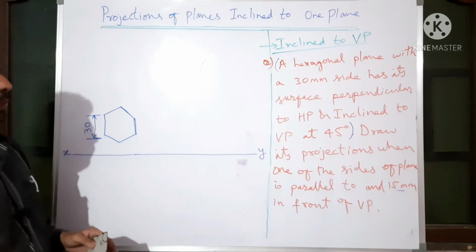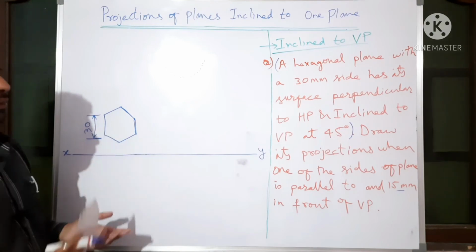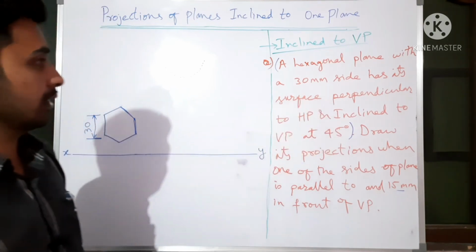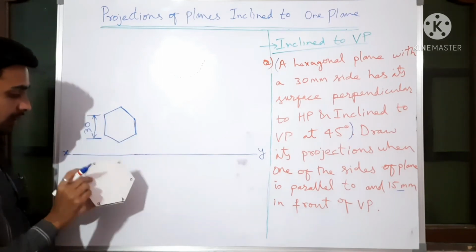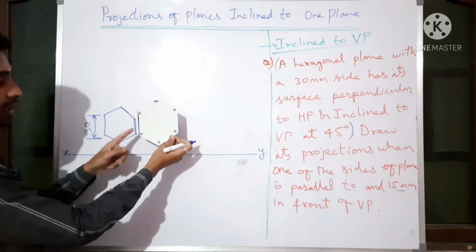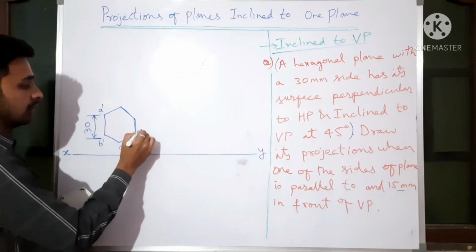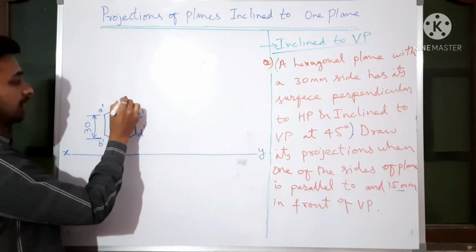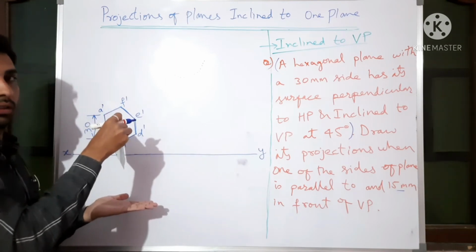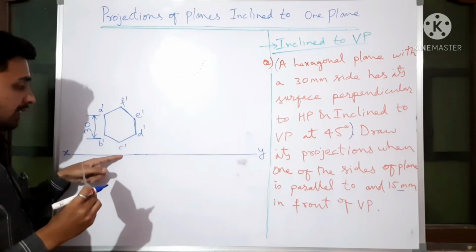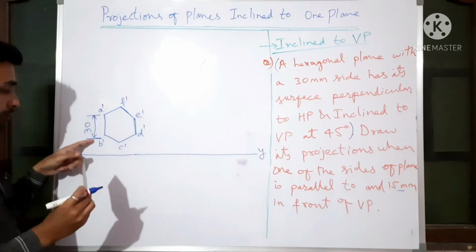And with respect to HP, whether it is touching the ground or it is above HP, they have not mentioned. See, nowhere they have mentioned. So now we will draw the top view. Assuming this hexagon is like this, A, B, C, D, E, we will put the names A dash, B dash, C dash, D dash, E dash and F dash. As they didn't mention whether with respect to HP it is touching or above, it is our wish. You can touch it or you can leave it at a certain distance. If they mention that it is above HP, then we would have taken here.